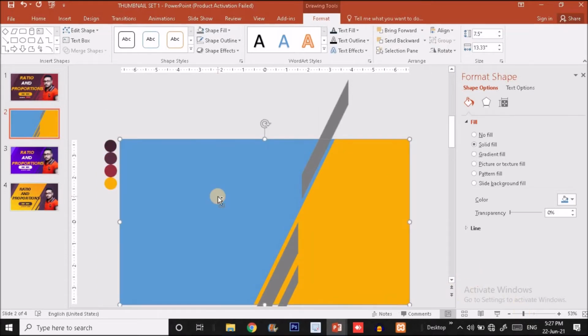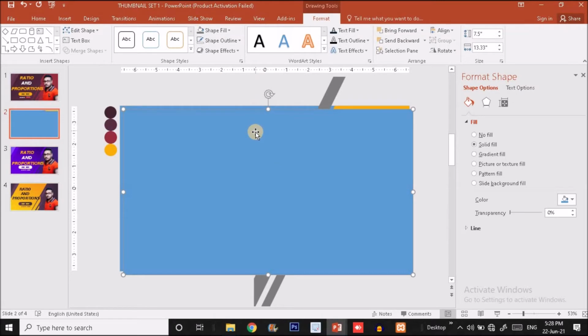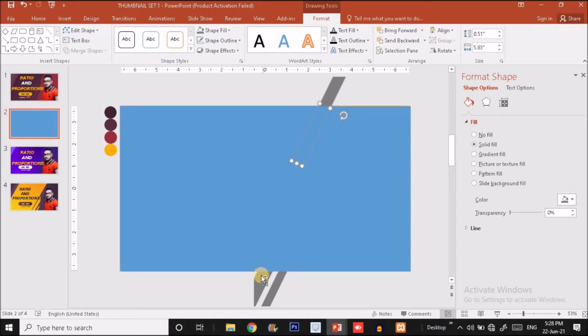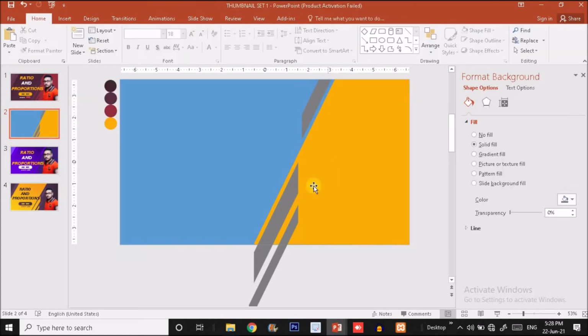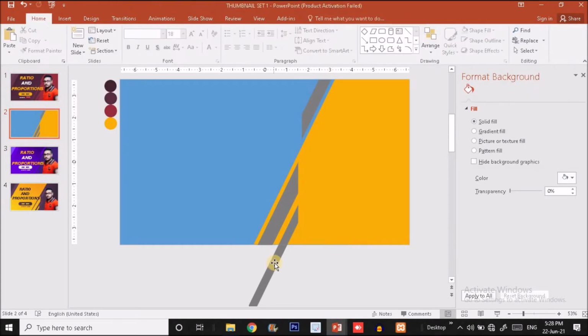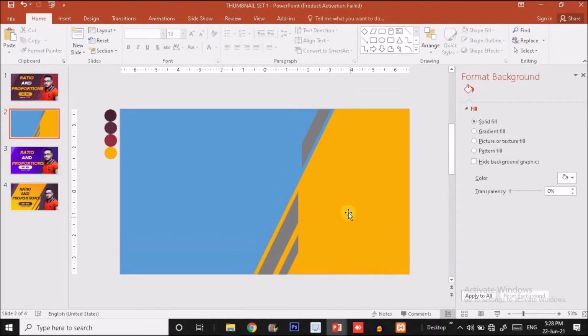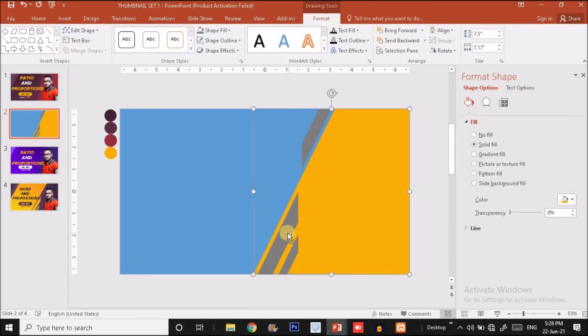just zoom out, make a duplicate copy of the bigger shape and put it over here, and select the shape fragment option. Okay, now we don't want this bigger part, so I'm going to delete it, and we don't want this part, so I'm going to delete it. I'm going to delete this one, I'm going to delete this one. Okay, so from the yellow shape, I'm going to select the yellow shape, select this shape and this shape. First I'm going to subtract this shape, I'm going to subtract it.